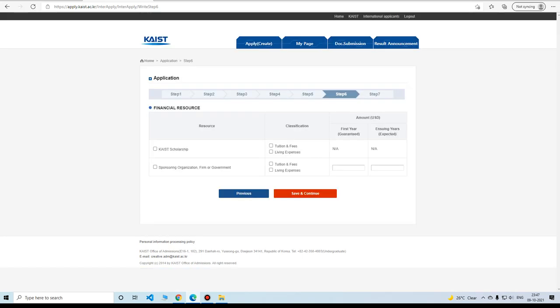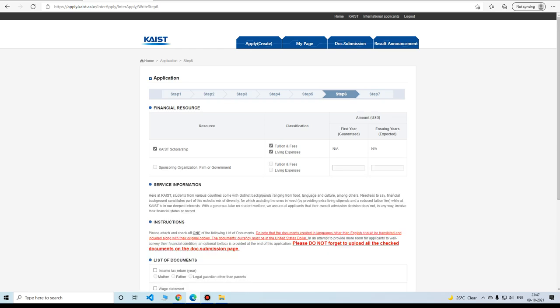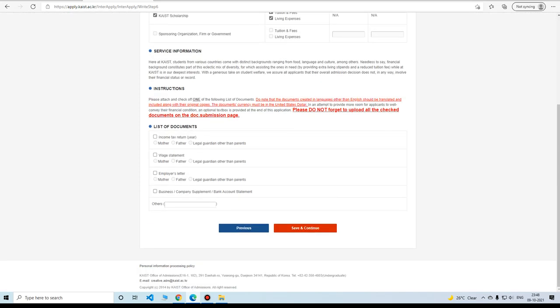If you are an international student, you would very much want to have free education and your living expenses covered. So for that, click on KAIST scholarship. You should definitely click on this if you are an international student coming from a middle income family or a lower income family, even a higher income family. I mean, there's no harm in this. They just give this scholarship to most of the international students. You should really click this, and if your income is really low, I think they even give some additional help.